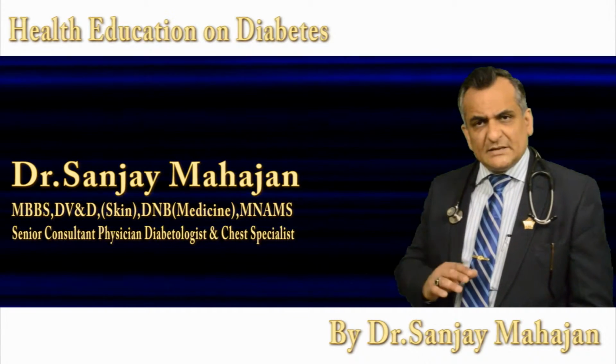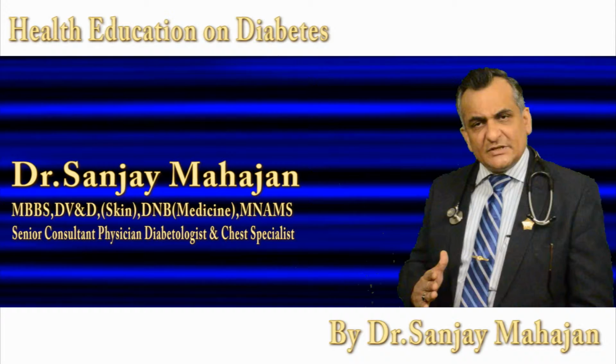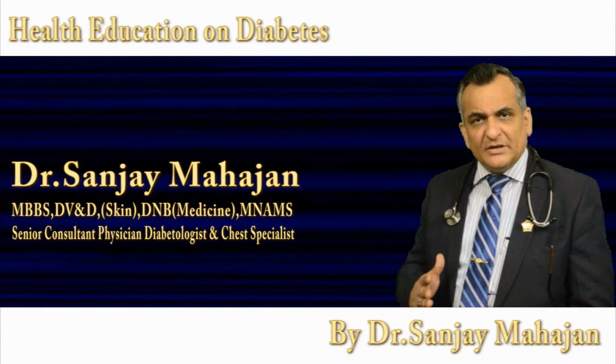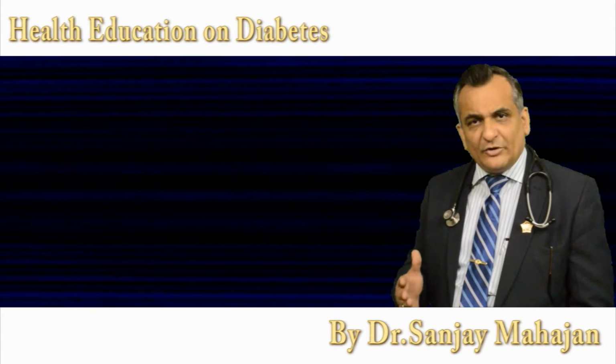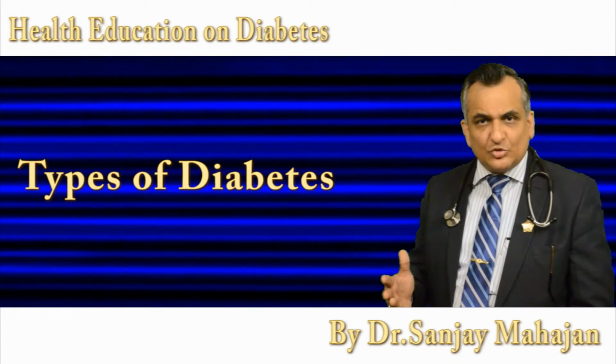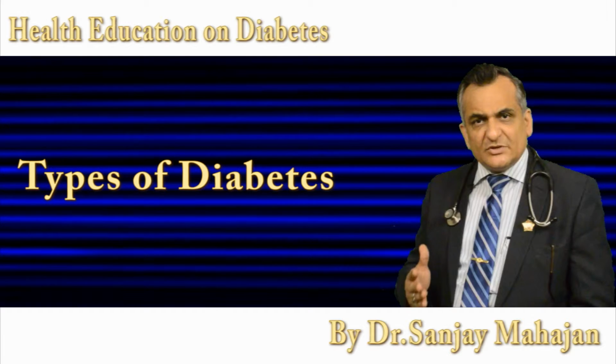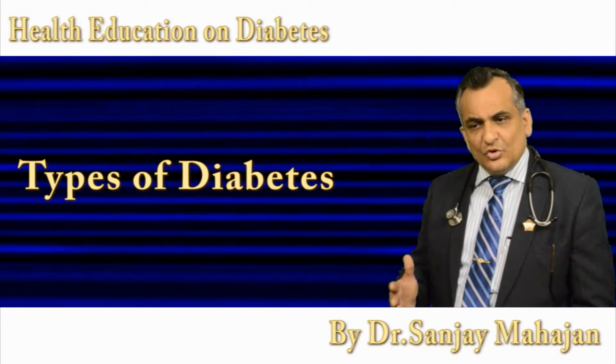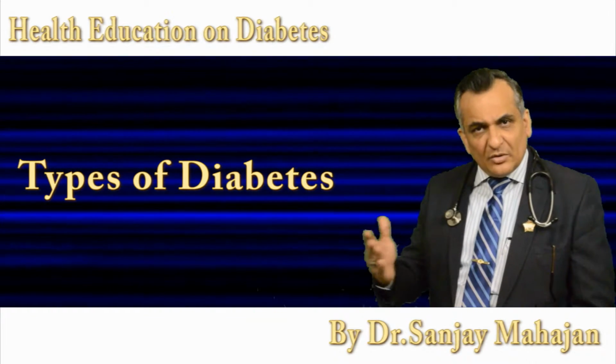All diabetics, as a progression of the disease, will finally land up in insulin deficiency and would at a point of time require insulin. So this is where we differentiate type 1 and type 2 diabetes: in type 1 diabetes insulin is started up front, and in type 2 you have to use it at a point of time later in the course of the disease.